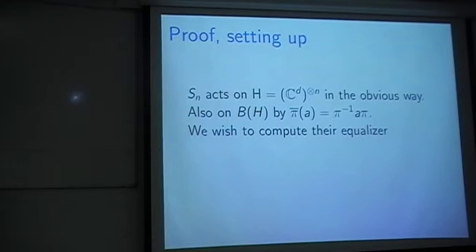And what we want to do is to compute the equalizer of all these actions. Well, equalizers are normally only for 2 maps, but you can do it for several maps at once by repeating. That's not too difficult. And again, because it's an algebra, the equalizer is quite easy to work out. It is all of those matrices which are invariant under the permutation, under the action.